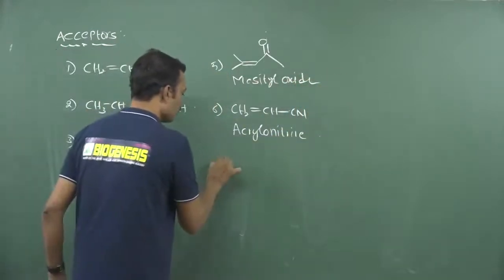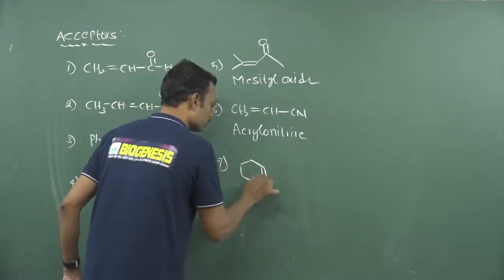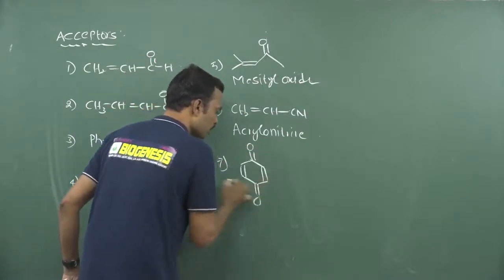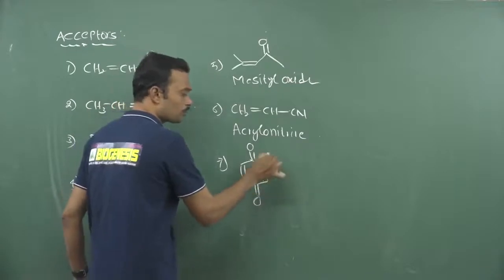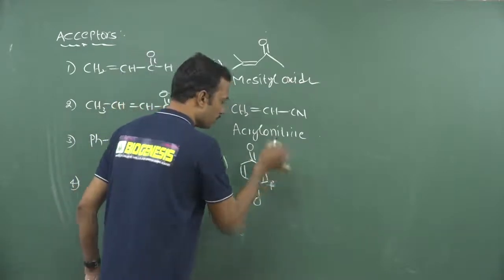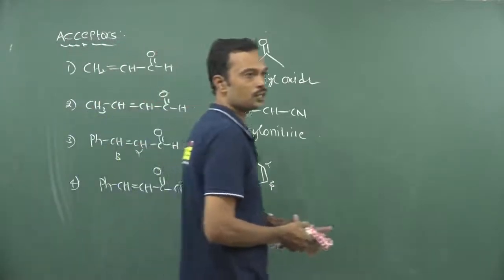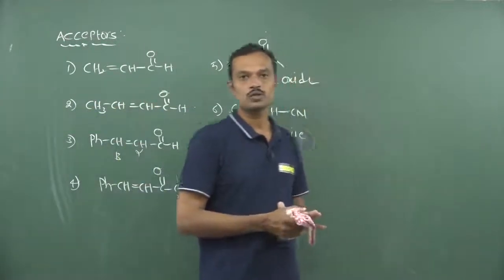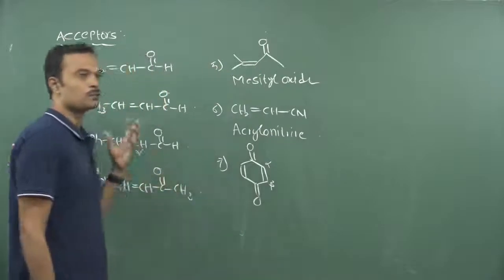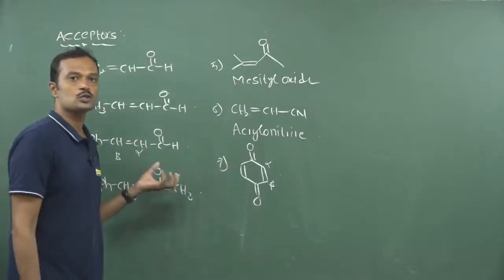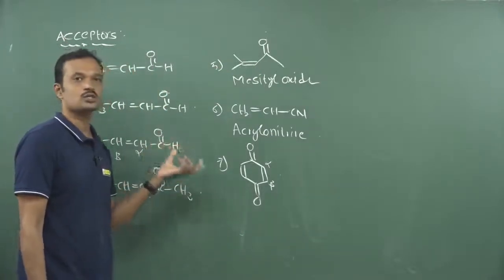Now we can also take quinone. You can take these quinones here. Every time the carbonyl adjacent carbon is alpha, the next carbon is completely beta. So these are the possible donors, acceptors, and Michael addition as well as the mechanism involved in this one. So if you know this one, the applications are going to be very easy to apply. Those applications we will discuss in your next video.